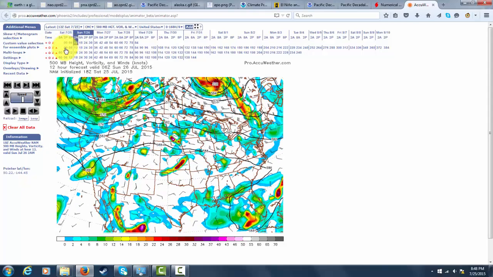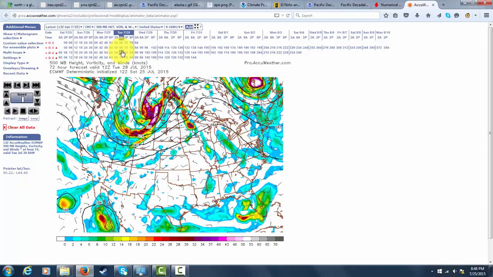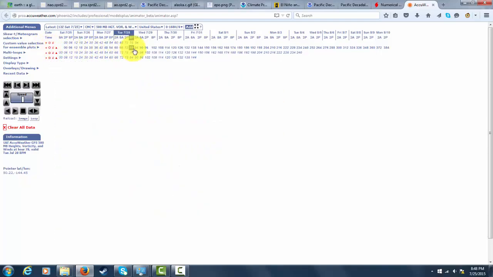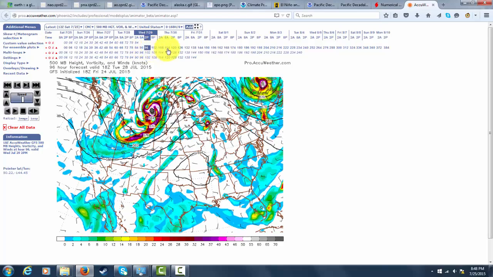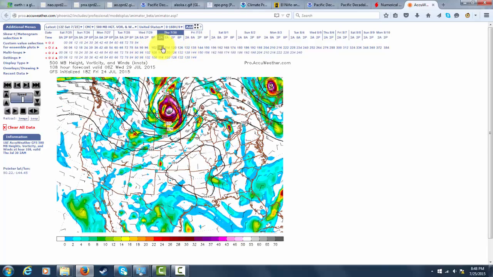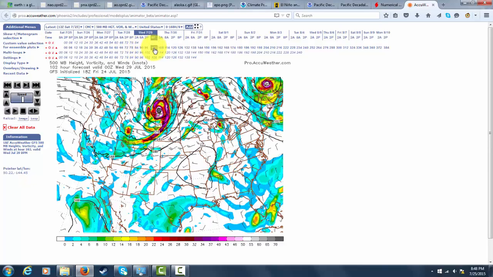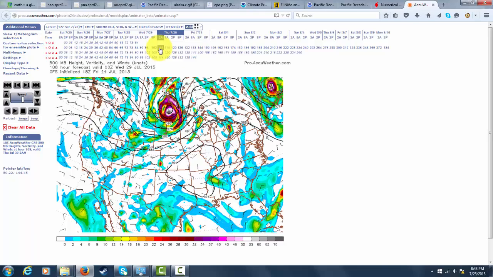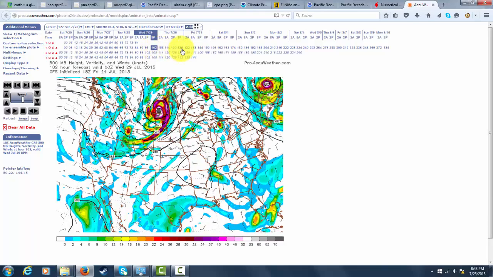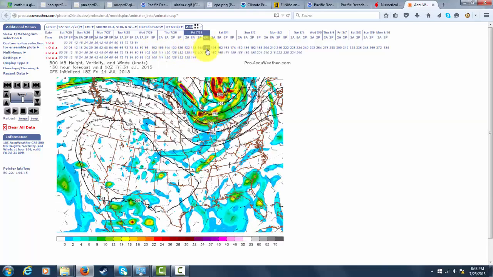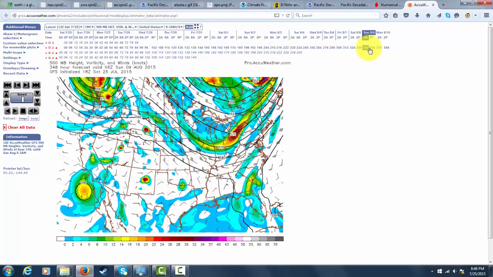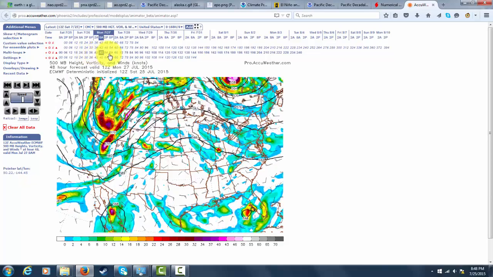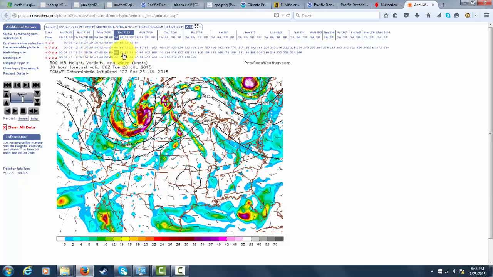Here's the 18Z run of the GFS, and again, it shows a real strong upper level low moving along around the 49th parallel. Looks like its strongest will be in northern Montana, northern North Dakota, southern Saskatchewan, and Manitoba. So that's something definitely to keep an eye out for in the middle of the week, because that'll definitely produce some good showers and some good rain and storms throughout that region,